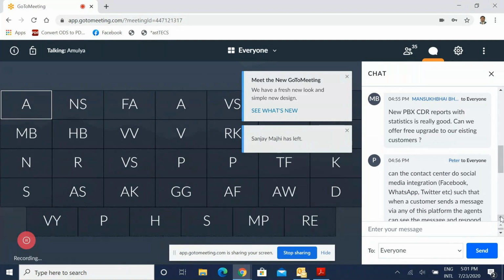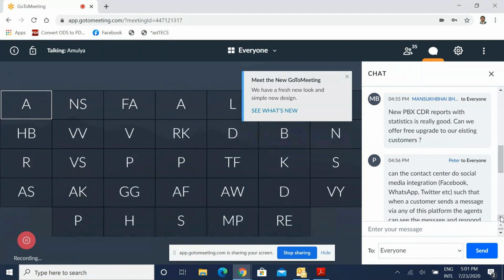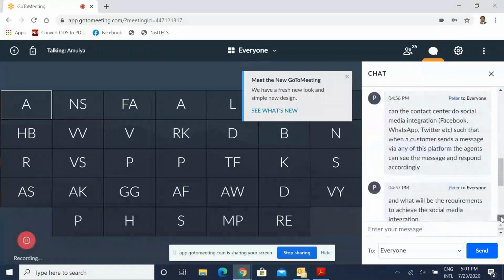Okay. Then next, Mr. Peter wants to know, can the contact center do social media integration? Yes, very well it can do, sir. Even in our browsers, we have included Facebook and WhatsApp integrations. But today I have not included them for this topic, because WhatsApp integration itself needs some more time and some more screens to discuss.